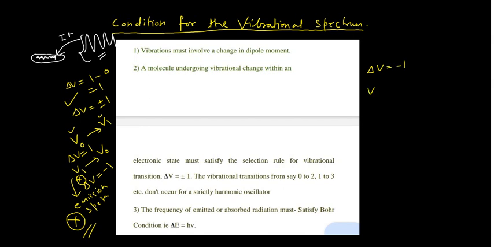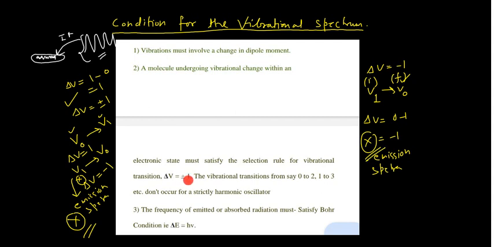So earlier my molecules are in the first vibration state and they are falling back into the zero vibration state. So this is the final, I can write F for this one, and this is the initial, right? If you determine the delta V, this should be 0 minus 1, that is equal to minus 1. But this is emission spectra, please remember, and we are not interested in the emission spectra. So del V minus 1 is not applicable in our case, though the selection rule is like that, del V